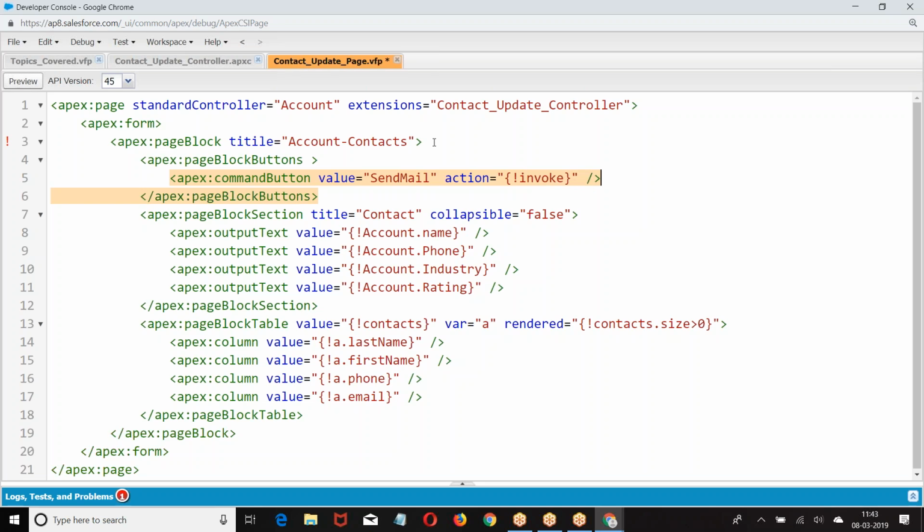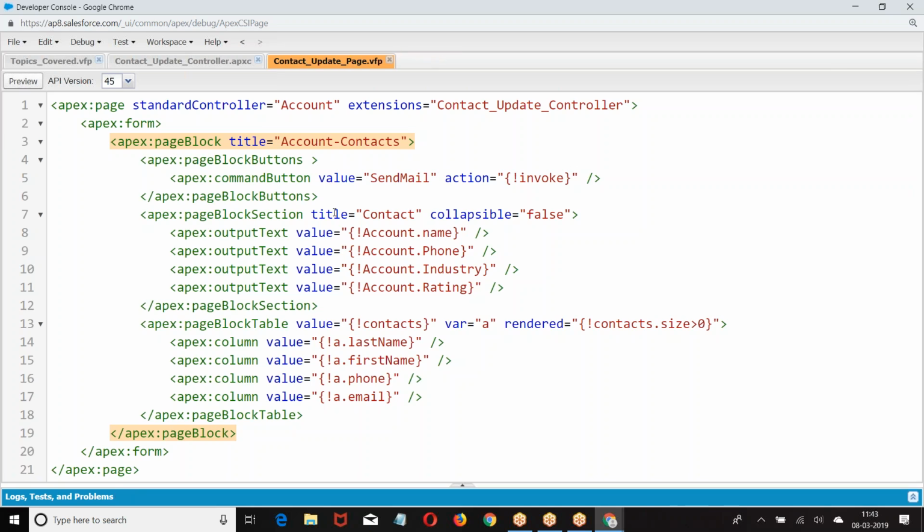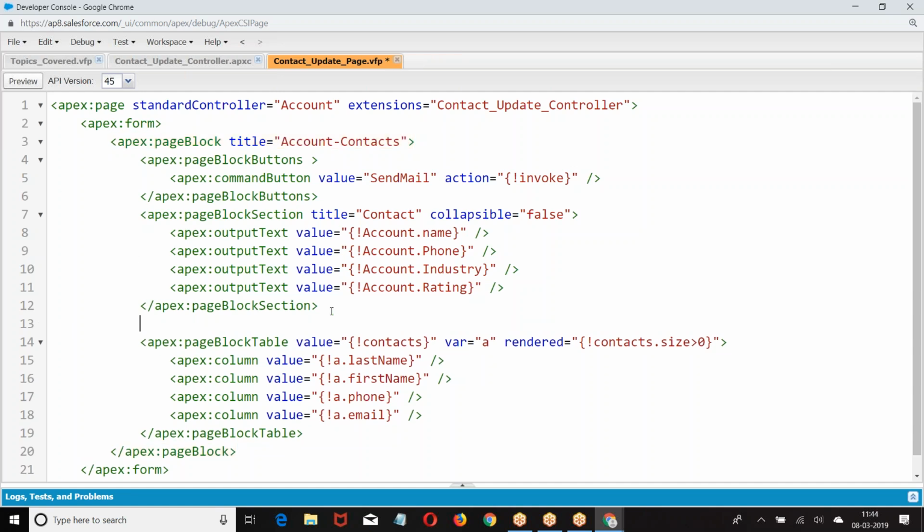This is how I keep it. Now cross check. What I was trying to do here, I created a page block with one button, and account data will be displayed. At the bottom, we are going to get the corresponding contact data. There is no guarantee that every account will have contacts. Can you guarantee that every account will have a contact? No. So go back to the